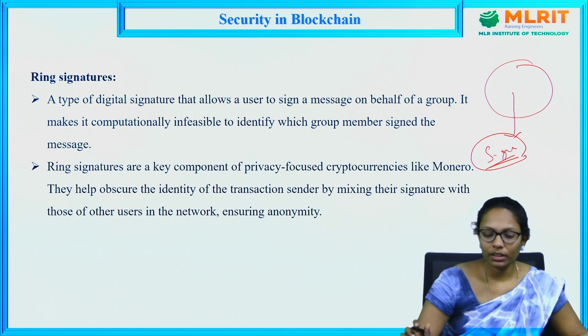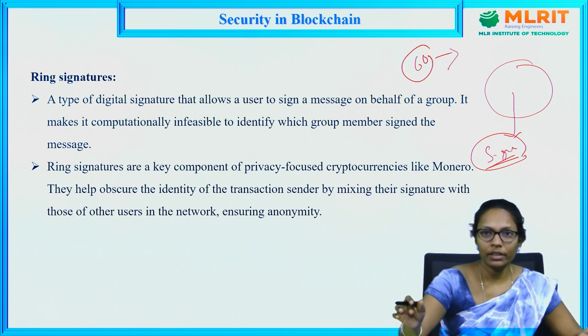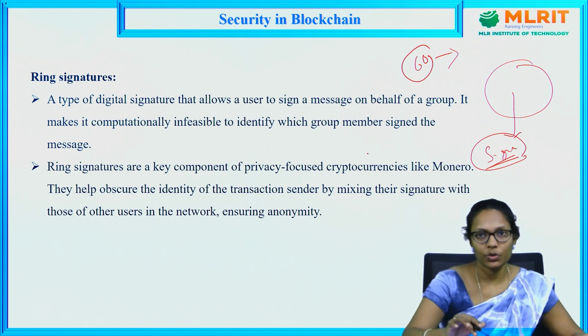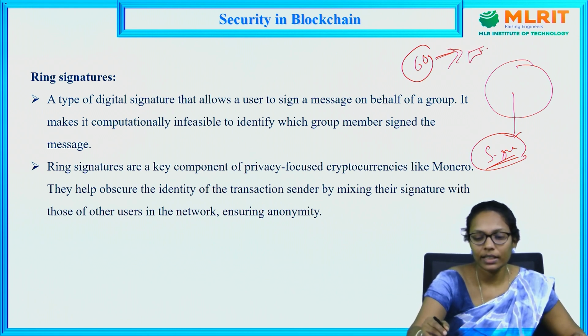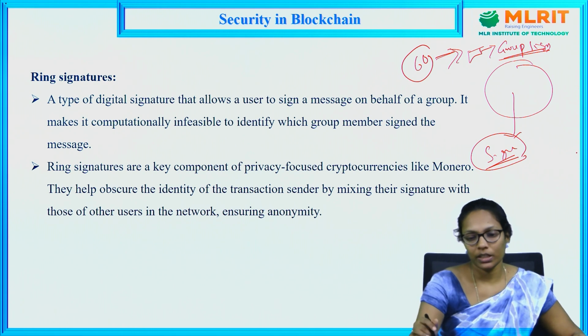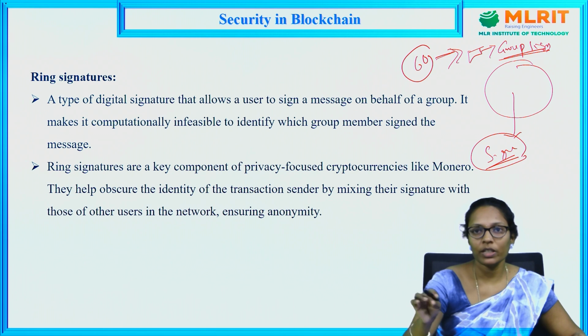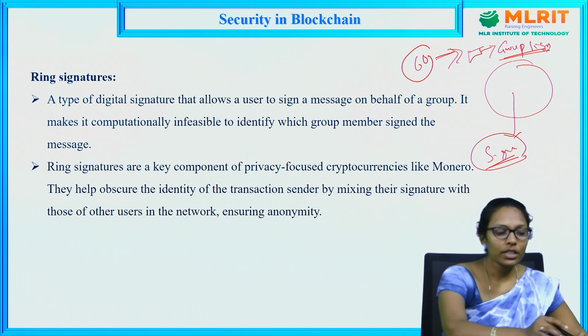So now later, for example, I'm asking, out of 60 students, one person to sign. Sign means it's a digital signature here. I'm asking one person to sign, and I'm mixing that signature among the 60 signatures. I'm telling that single signature is going to work as a group signature. So that single signature will be given as a group signature. Now if I mix that signature in a group of 60, I can't identify which one is the previous signature. So that you can provide the security here. So that's the concept of ring signature.